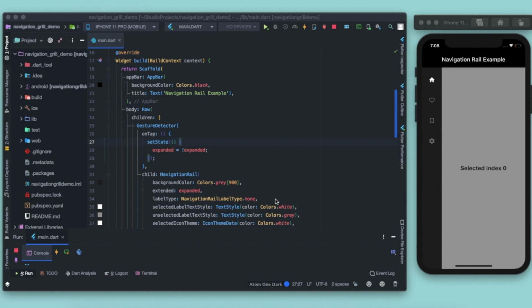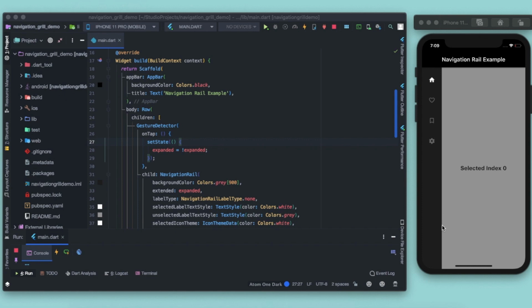This is a brand new video where I'll be covering the latest widget that was introduced in Flutter 1.17 by the Flutter team. If you don't already know, Flutter has released version 1.17. It is stable now. It's been only some days since its release. Now I'll be showing you how to implement one of the latest widgets, that is navigation rail. Yes, this rail that you see here is what we call the navigation rail.